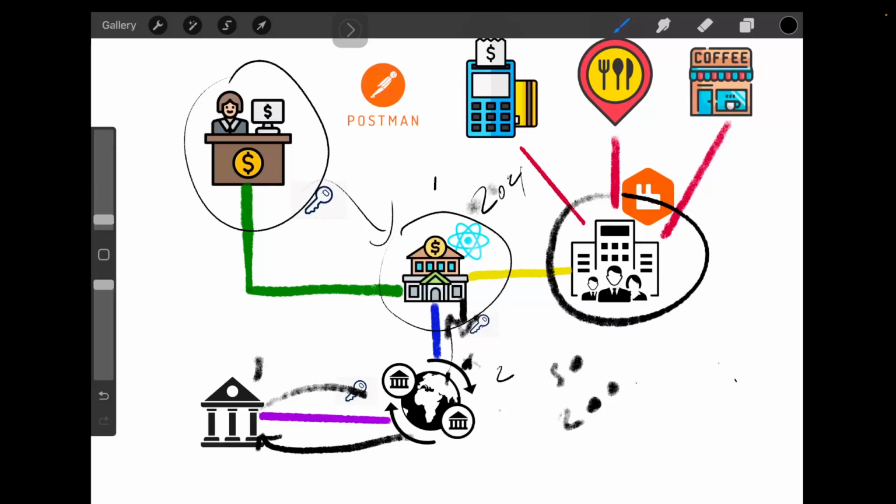Another interaction that we have here is the third-party business, and this is simple. To put it simply, we have a business that has a bunch of point-of-sale devices everywhere: restaurants, gas stations, coffee shops. As a user, you send your bank information, right? In this case, I'm just sending the GUID of the bank account,